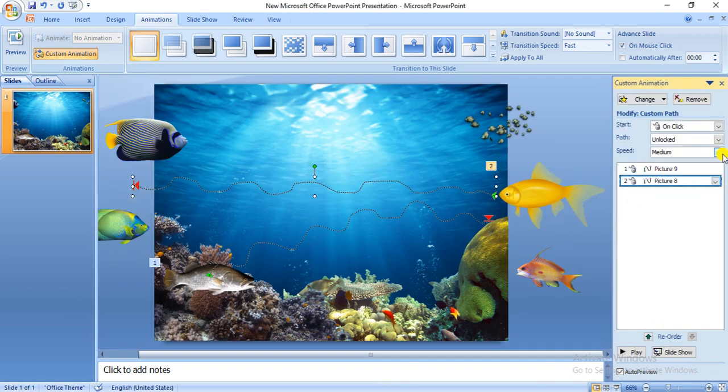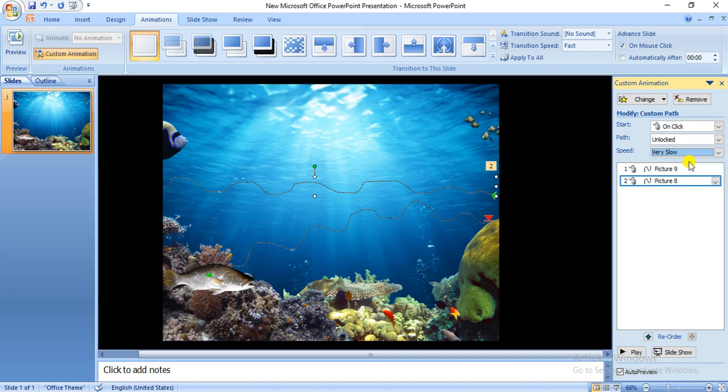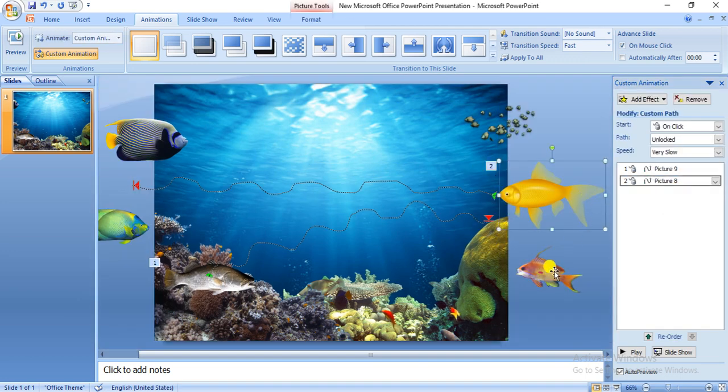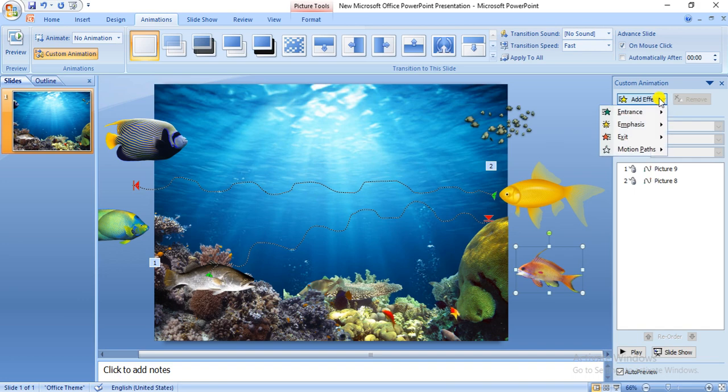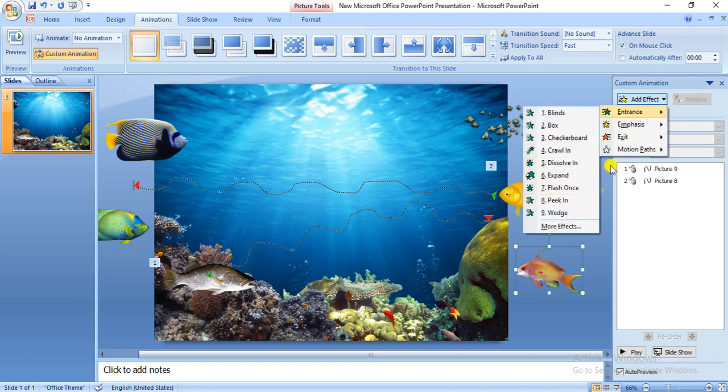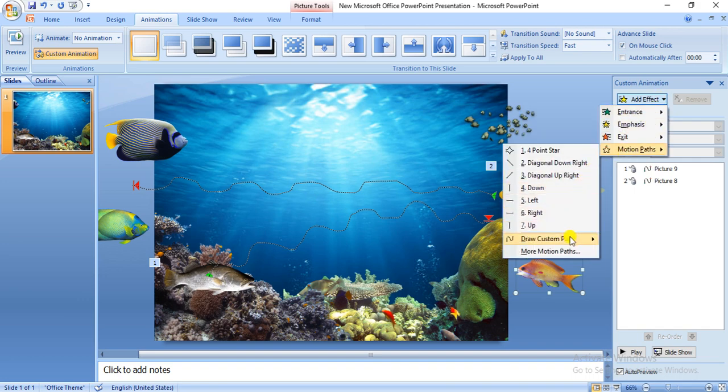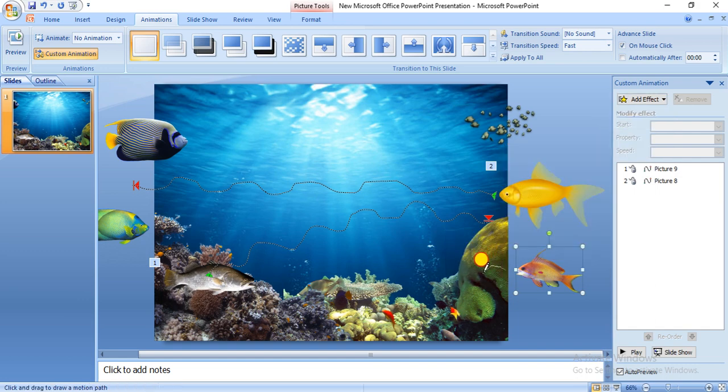Again, you can adjust the speed of the second one, let it be very slow. Okay, so we'll repeat the process for each and every image you want for your motion. And I'll just click on this, go for freeform, and you can give a random path. So you can give a random path according to the requirement or your imagination.